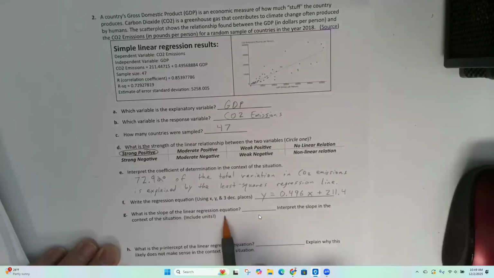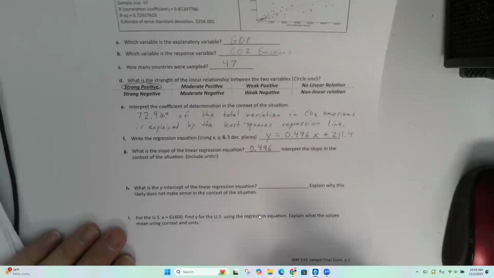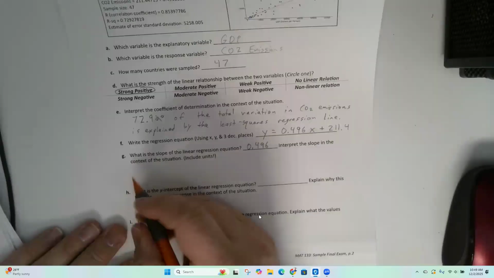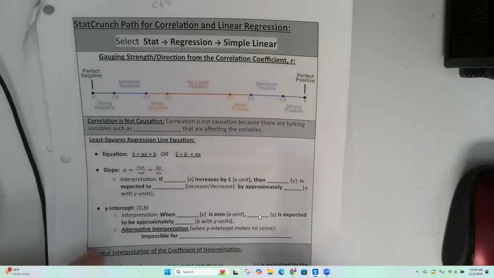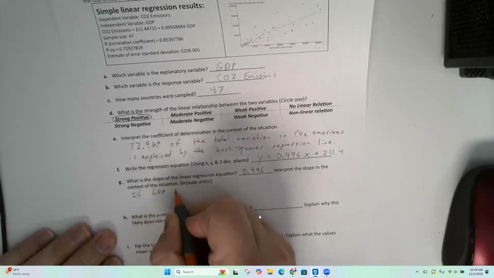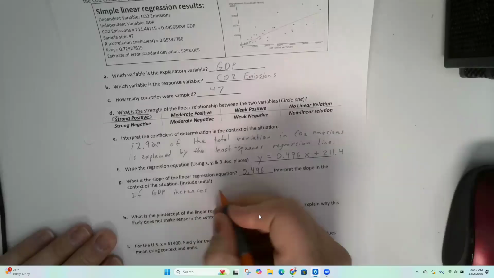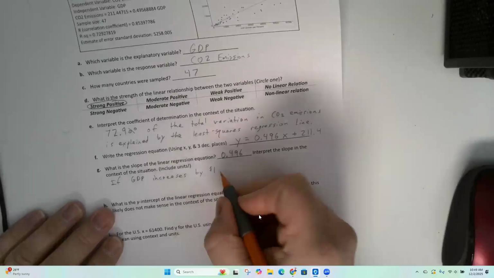What is the slope of the linear regression? So the slope is the number attached to the x, 0.496. Interpret the slope in the context of the situation. So that interpretation for the slope is here. If x increases by 1 unit, then y is expected to increase or decrease by approximately slope units. If x increases by 1, and the unit of x is dollars per person, $1 per person,